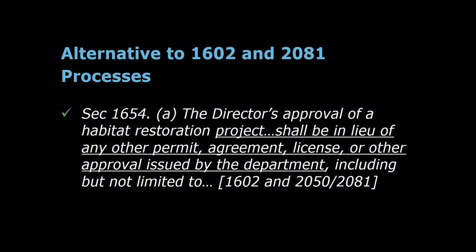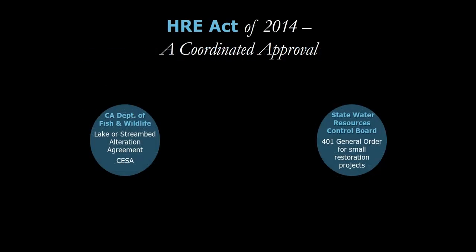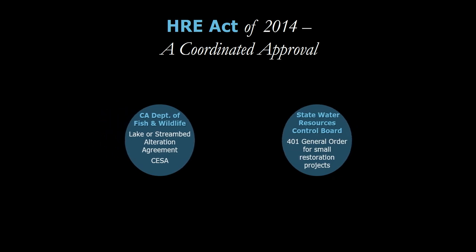The HRE Act creates an alternative process to issuance of both a 1602 LSA and CESA 2081 incidental take permit for any qualified restoration project that would otherwise need approval by the department. The Act specifically mentions that approval under HRE is in lieu of any other permit, license, agreement, or other approval issued by the department. A key feature of the HRE Act is that it is linked to an existing permit